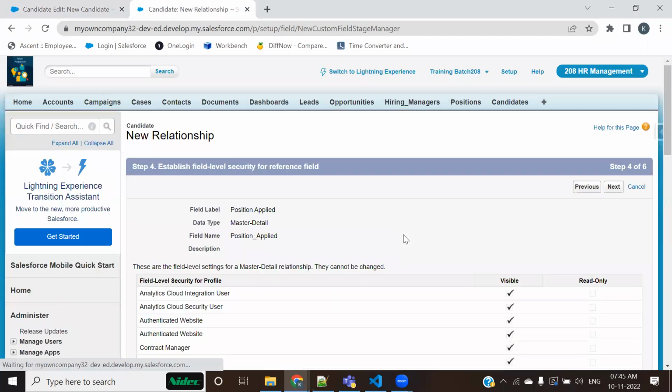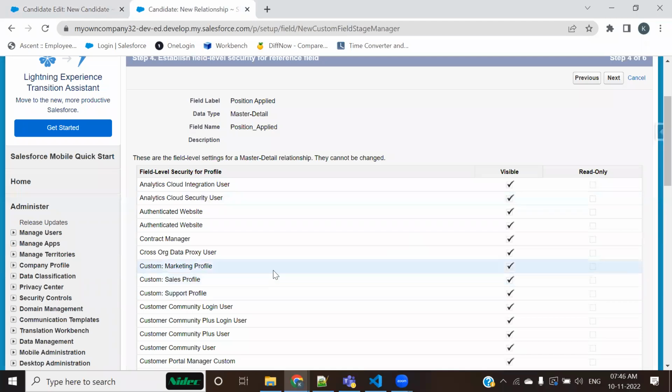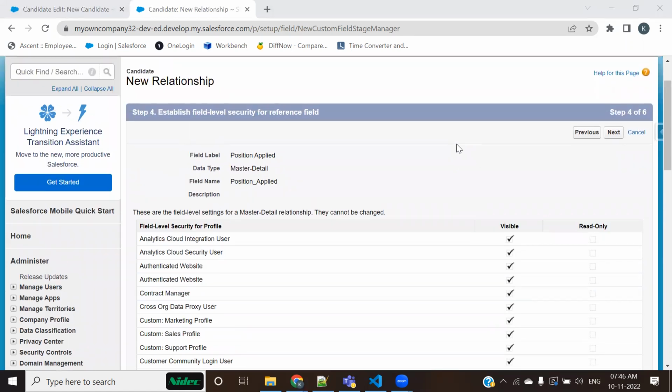Now, if I go on to the next, what you see is that it is by default available to all profile users. Now I'm giving you permission to unmute. Can anyone tell me where you have seen this kind of interface previously? The field is visible to all profile users. Yes, can anyone of you tell me this? When we click on the mandatory field and click on next, all profiles are ticked. Exactly. Very good, Ruchira.